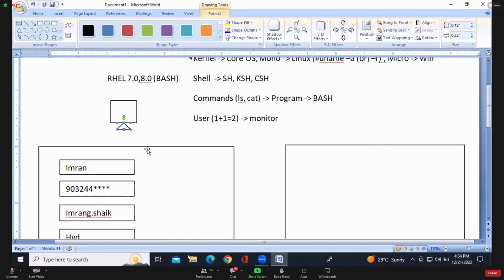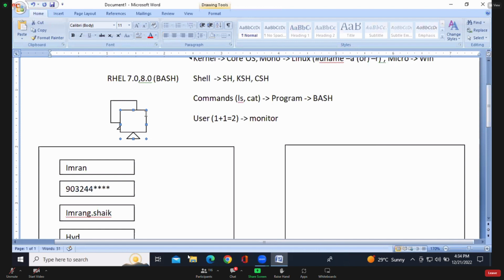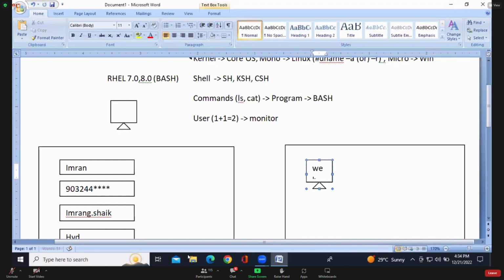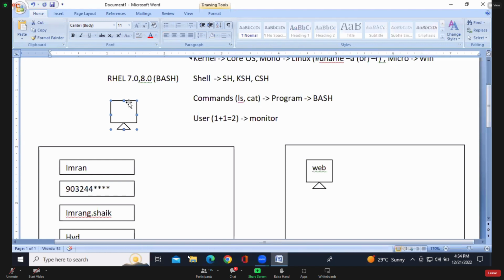Let's see, guys, here. So this is the web server. We are installing a web server. We access the website with the help of the web server. They need to maintain the web server, then only can we access the website. How are you accessing the website? We need to open the web browser. Then in the web browser, we need to type